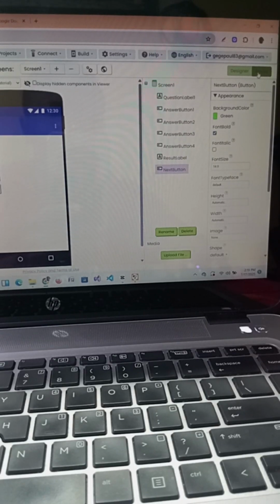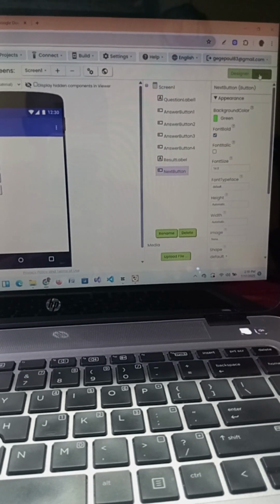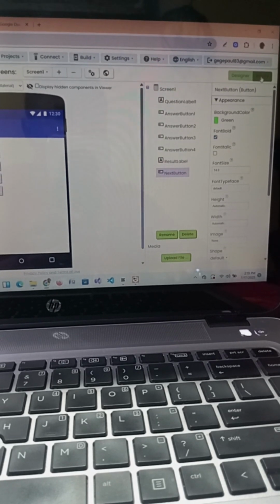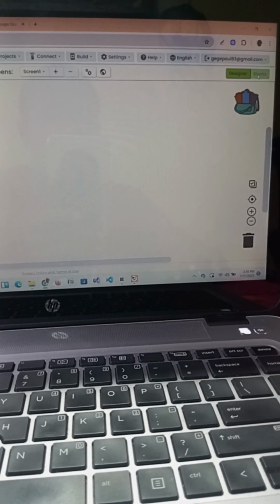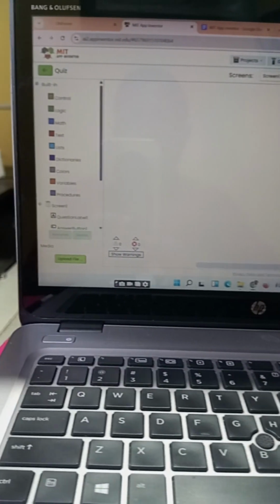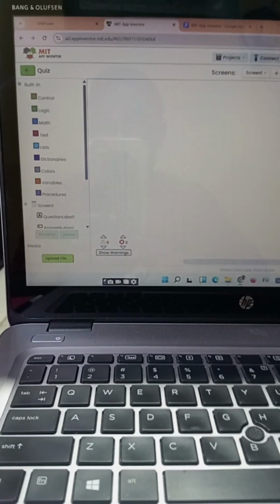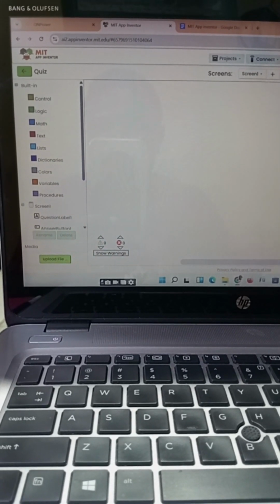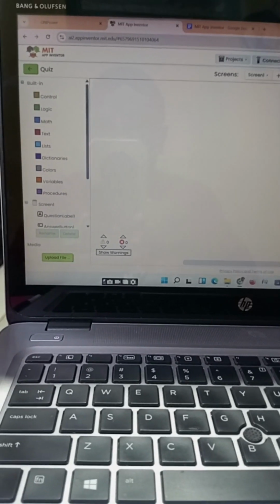Okay, so to switch into the blocks window, all you need to do is to click on this green button that says blocks, and as soon as you do that, you discover that the interface has changed into what we have right now. And on the far left corner, you can see that we have